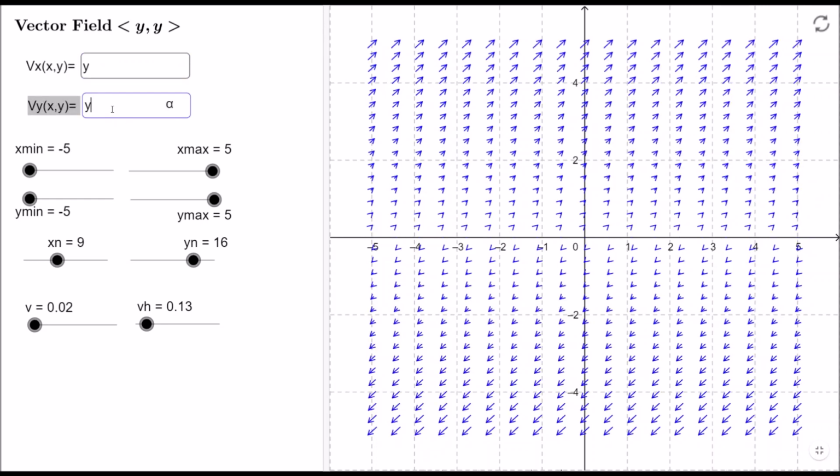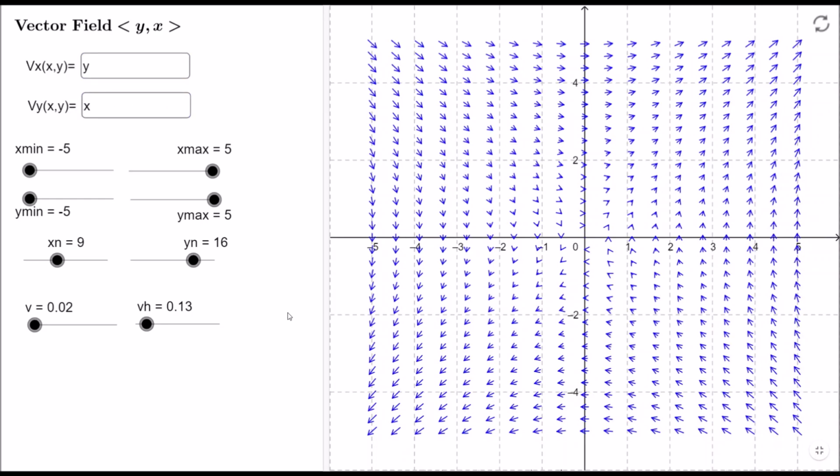Let me take y comma x. What does y comma x give us? Okay, so this is the vector field. Here they are going from here to here. Here they are going from second to third, from second to first. You can see that around the y equal to x line, since this is y and x, they are just changing the behavior. From here they are going to here, from here they are going here. Along the y equal to x line they are changing. Along this they are going from here, along here they are going to the first quadrant. So you must play with this and you get different fields.